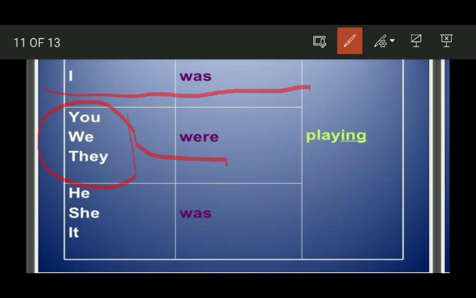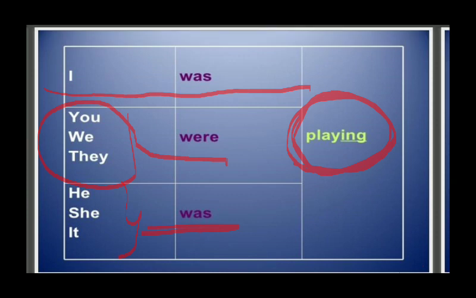And the third one is the singular number subject. He, she, it are generally considered singular number subjects, and for the singular number subject in past continuous tense we use the helping verb was. And we always use the ing form of the main verb in past continuous tense. Without the ing form it is incomplete. This one is incomplete without the ing form. So this was the table about the past continuous tense.